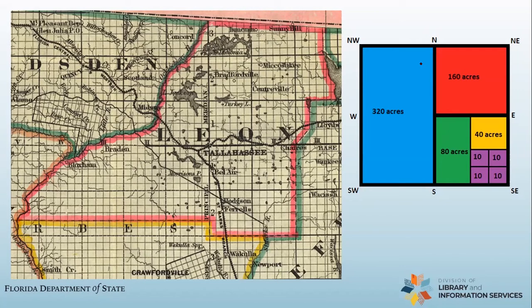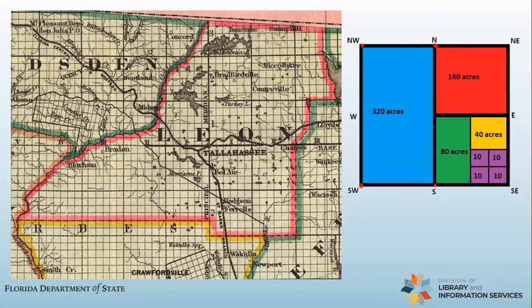If you wanted to buy a half section and get 320 acres, that was pretty easy for a surveyor to lay out. They would just go to the corner of the section that you purchased half of and say, all right, here's one corner of it. Then they go all the way to the other end of the section and say, okay, here's another corner. And then they go halfway to the opposite boundary of that section and say, okay, that's one. And then all the way up to the top section line. And then there, they've got your four corners, boom, boom, boom.